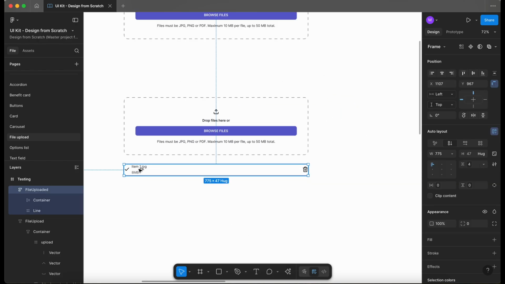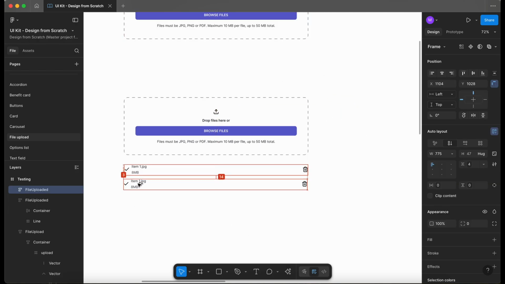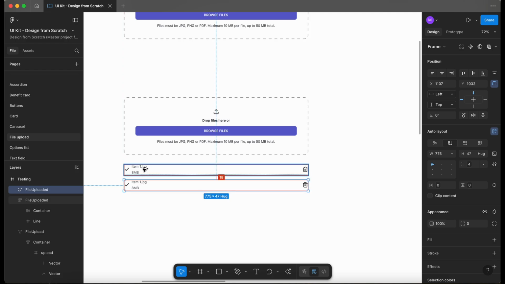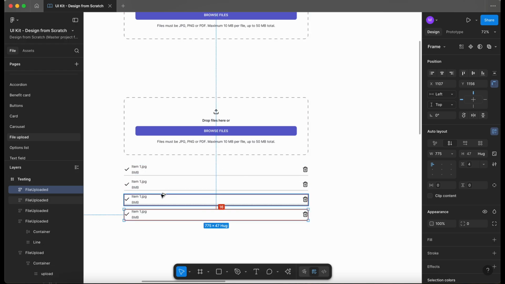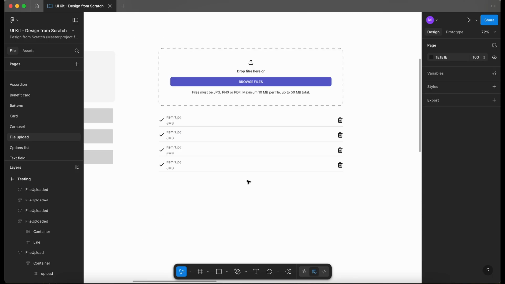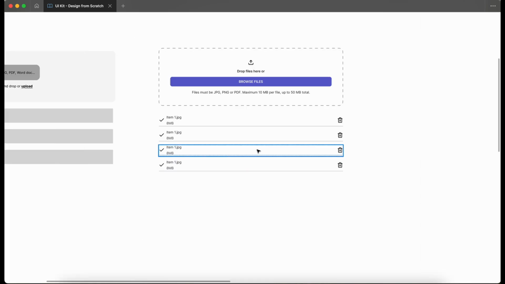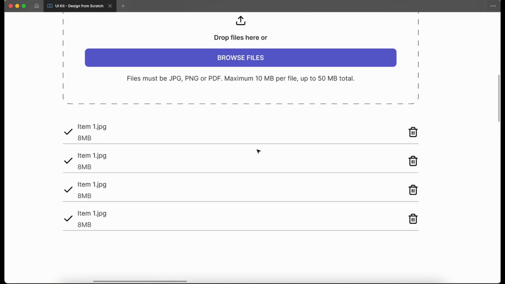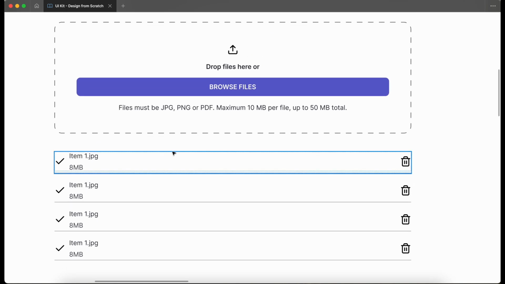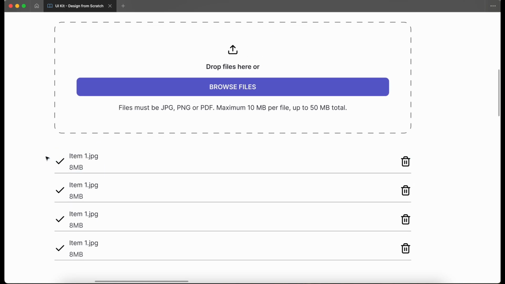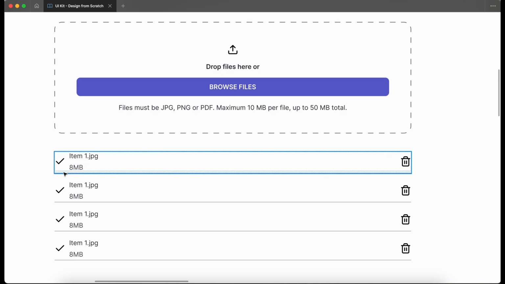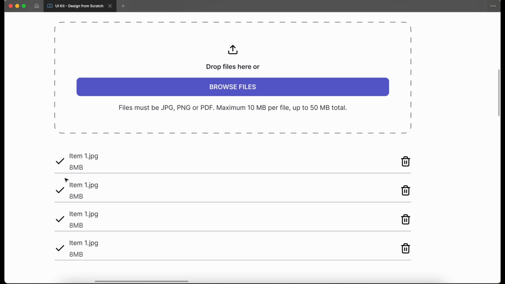Okay, so let's just click on this. Let's option click and drag, and let's just do it. So we've got, what's that, 16 pixels. Let's just do that a few times by just pressing Command D. Okay, so that is potentially what it's going to look like when you've uploaded multiple documents. So you can see the file name, you can see the file size, you can see here whether it's been successful in uploading or whether it's failed,